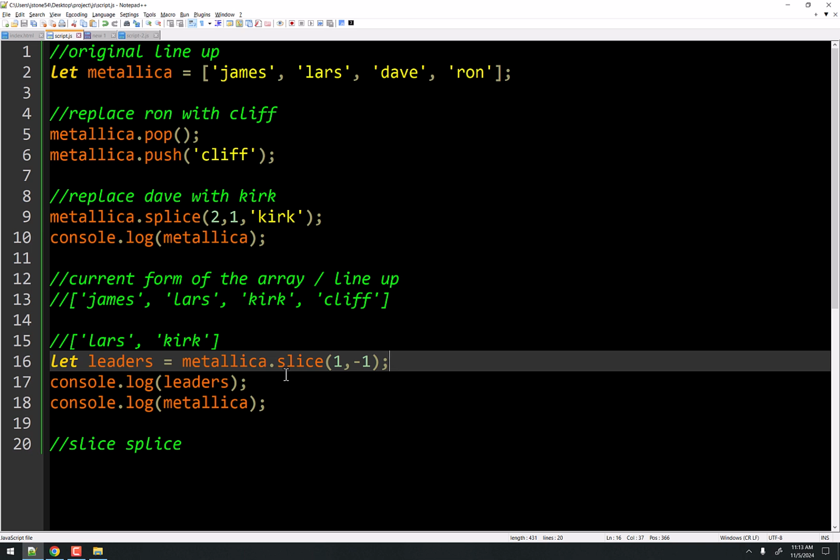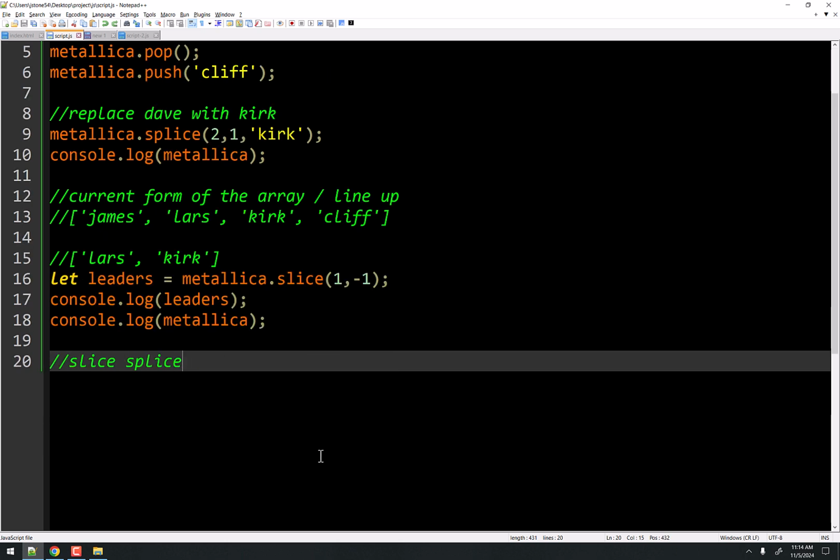What if I want to find a particular thing about the array? Maybe for whatever weird reason, I want to know the first person in the array who has 4 letters in their name, right? Whatever. Okay, so in that case, we're going to use the find function.